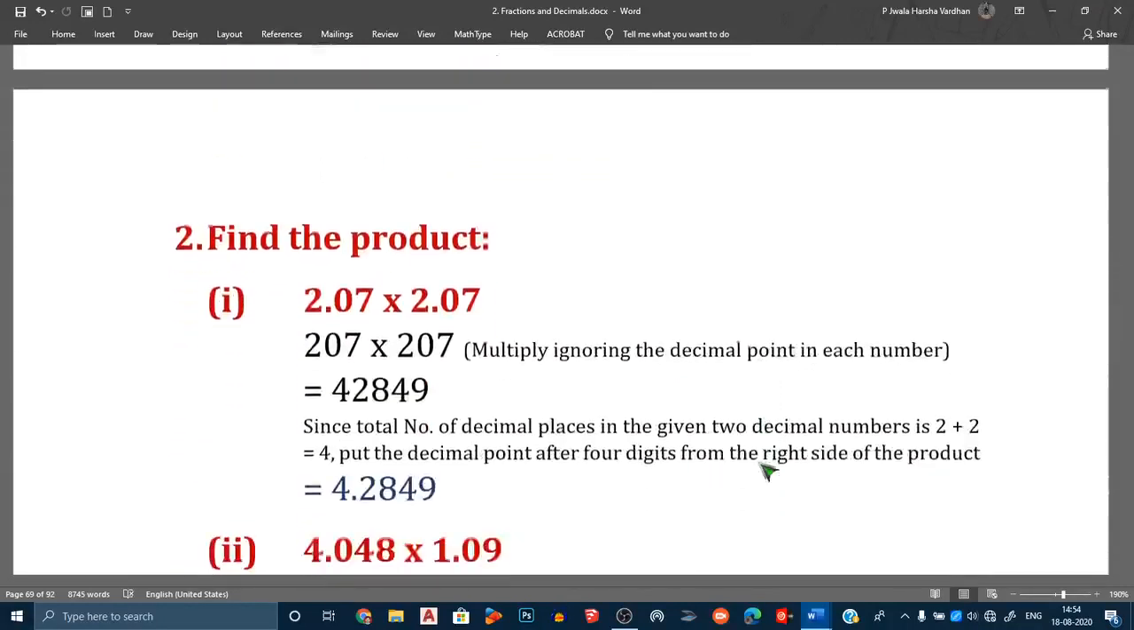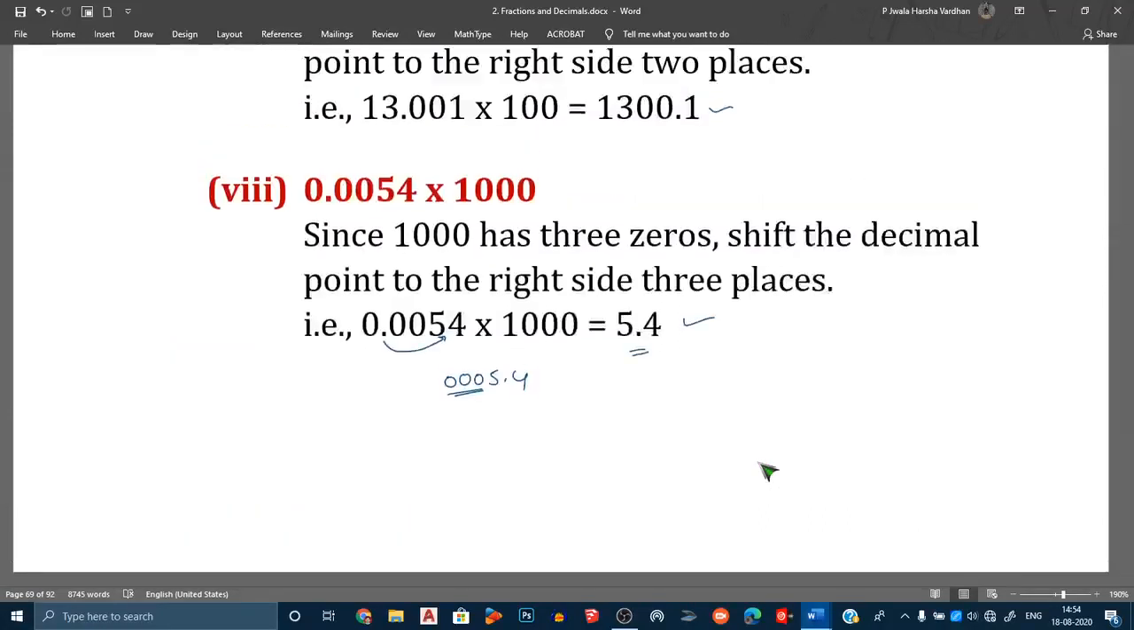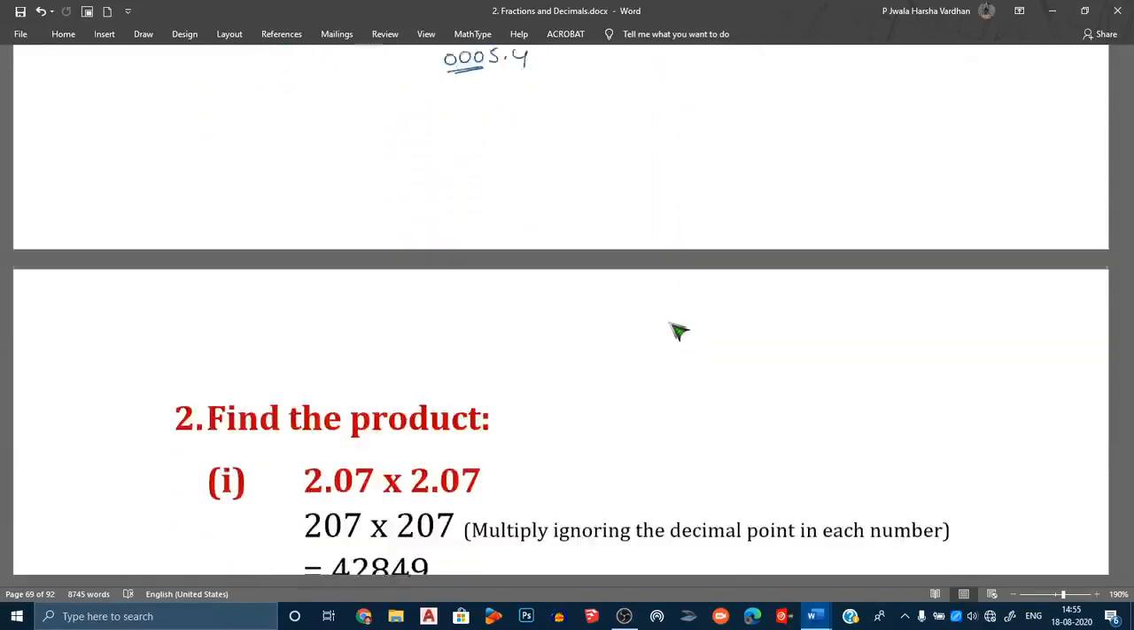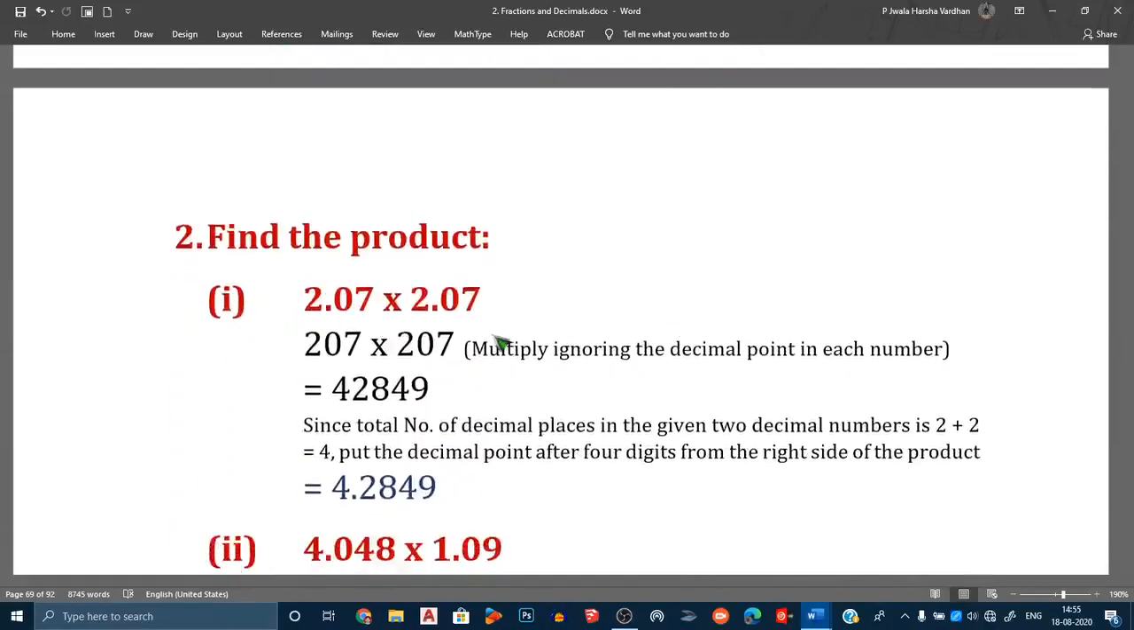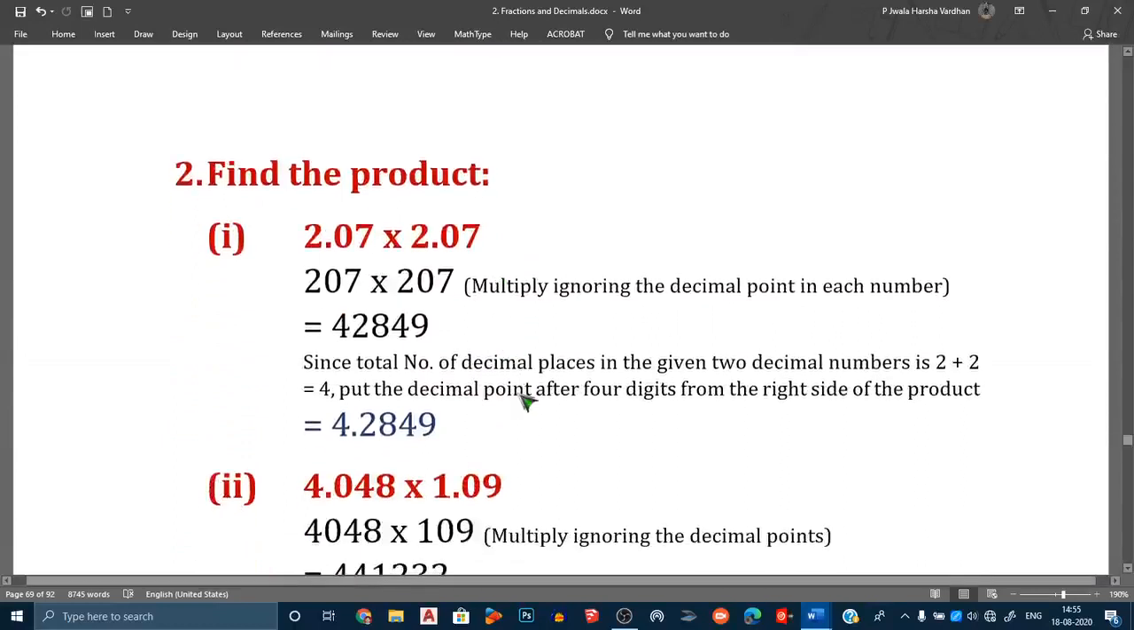Next, find the product. Up to here it was only a decimal with tens, hundreds, thousands, which are multiples of ten. Here it is the product of a decimal number with a decimal number, or a decimal number with a whole number. Now it is a decimal number with a decimal number. So what is the rule here? First you have to ignore the decimal points and take the product, which will give